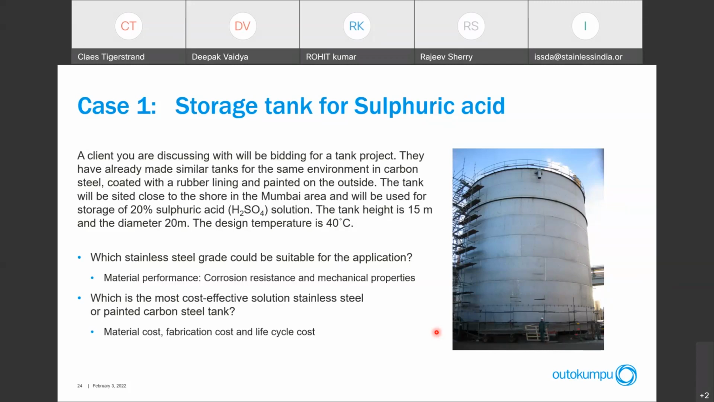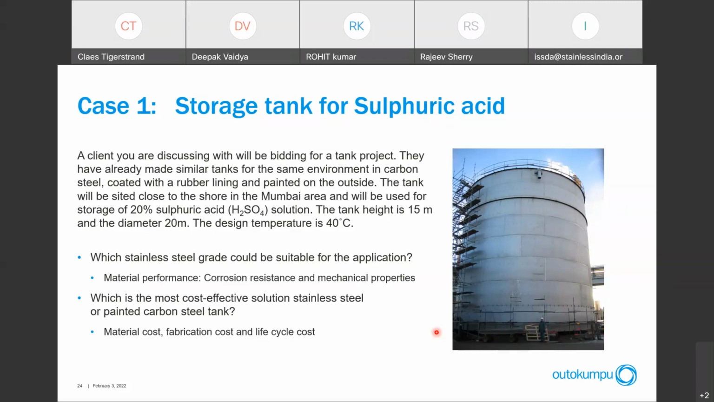The tank height is 50 meters and the diameter is 20 meters. The design temperature is 40 degrees C. Which stainless steel grade could be suitable for this application? We will mainly consider corrosion resistance and mechanical properties. And finally, which would be the most cost-effective solution? Would it be the stainless steel or the painted carbon steel, if we consider not only the material cost, but also fabrication and life cycle cost? And there we also have a tool to